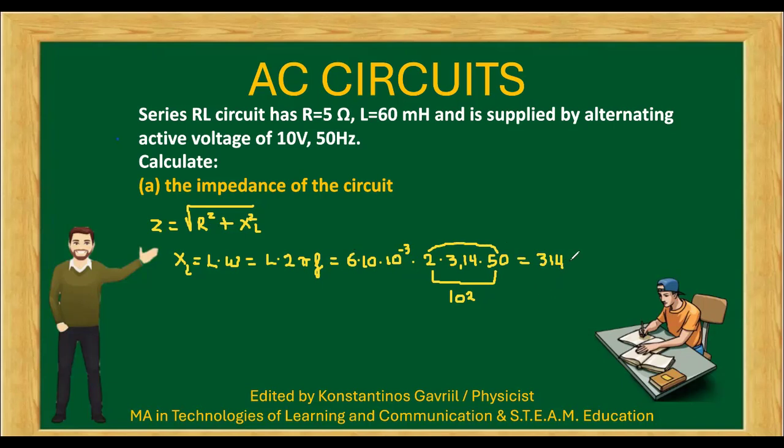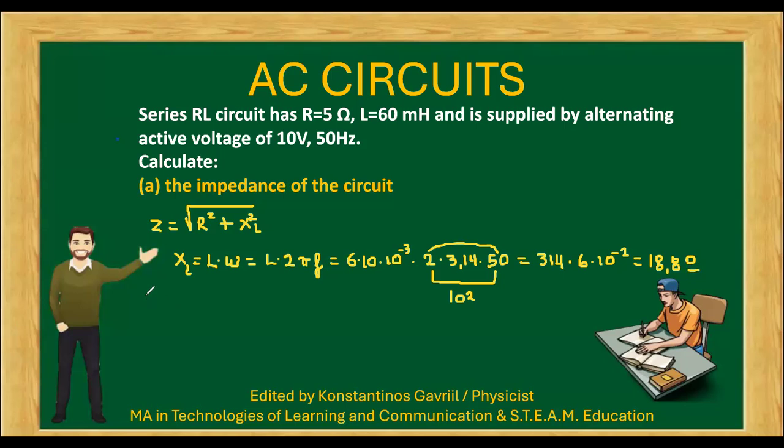And here I have times 6 times 10 to the power of minus 2. Now, as a result, we get 0.8 ohms. Okay,